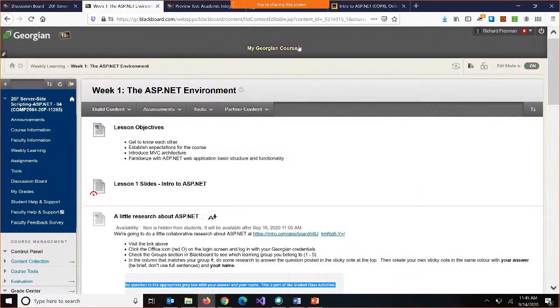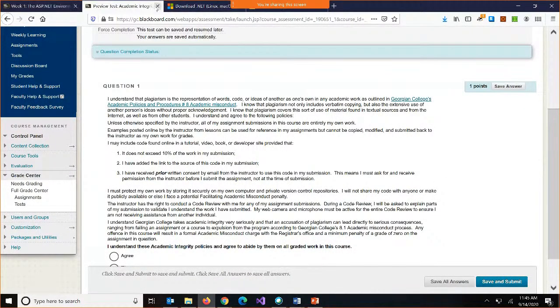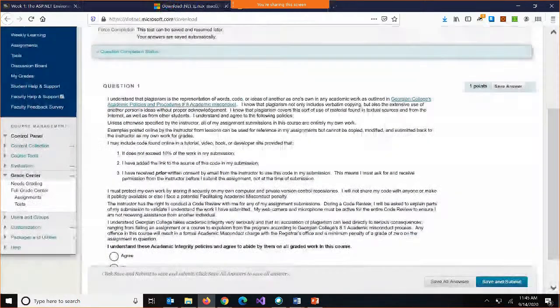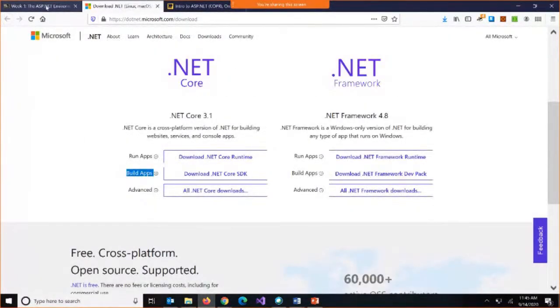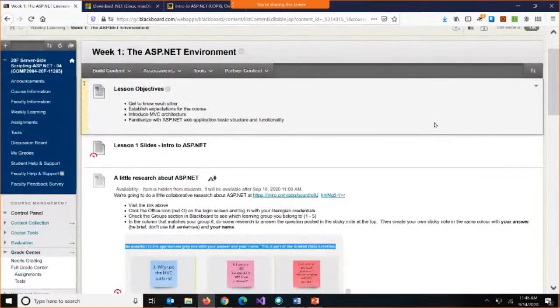Okay, so here's what we're going to do. We're going to do one quick activity before we take a break. So I emailed out an invitation link. So once you can get into the lesson 1 folder,